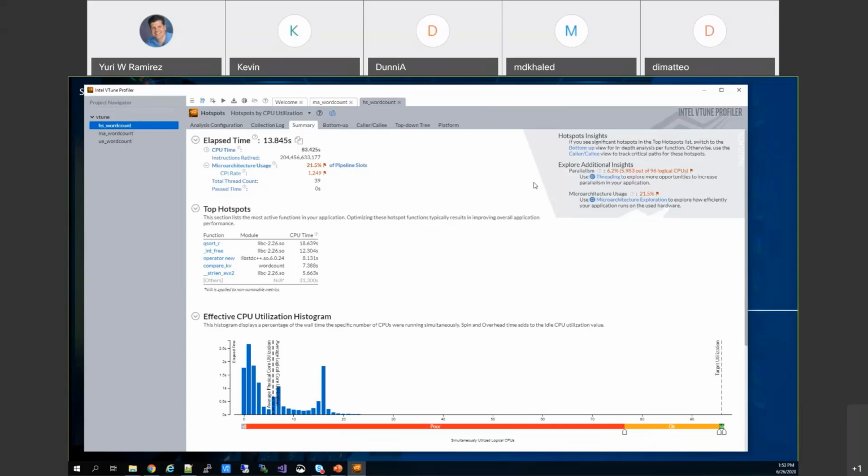So it's a bit higher, or I should say less overhead, where in some cases when you're running the microarchitecture analysis or the memory access analysis, you have to be careful to tune the collection to collect on the right parts of your workload, so you don't end up with a huge result set,